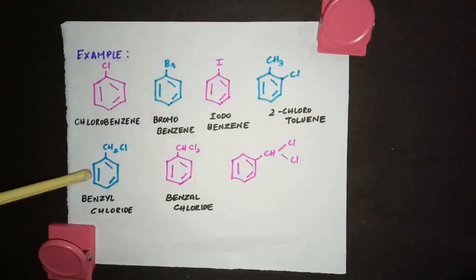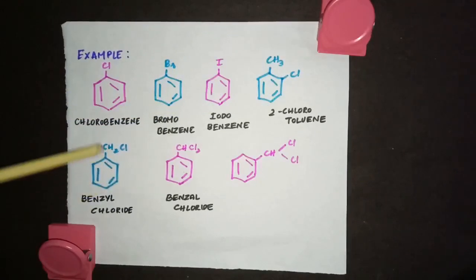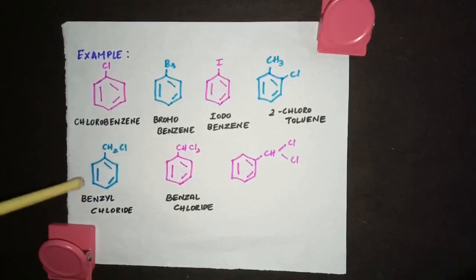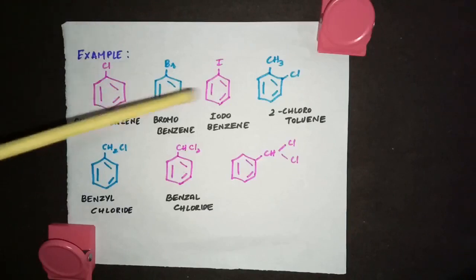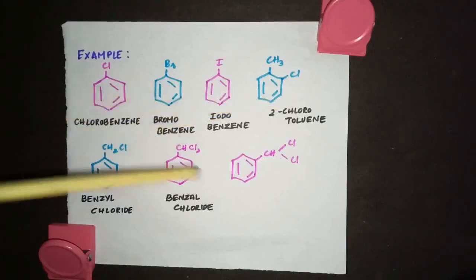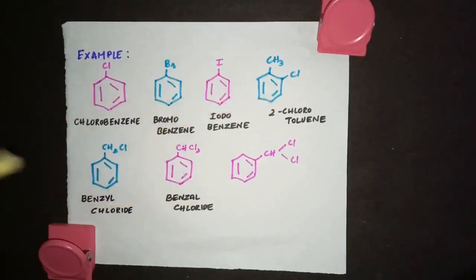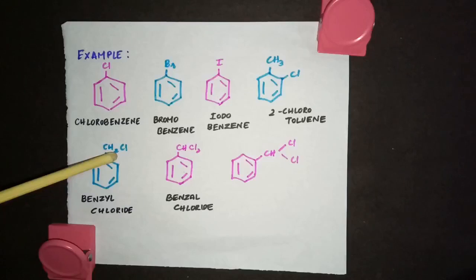And look at this example. You have a benzene ring and then you have a side chain. To that chlorine is attached, so we call this benzyl. We have seen this when we talked about the different types of halides like vinylic, allylic, arylic, benzylic. So these come under arylic and these come under benzylic. So this is benzyl chloride. Actually, without this chlorine you will be having CH3 here. Then we call that toluene.